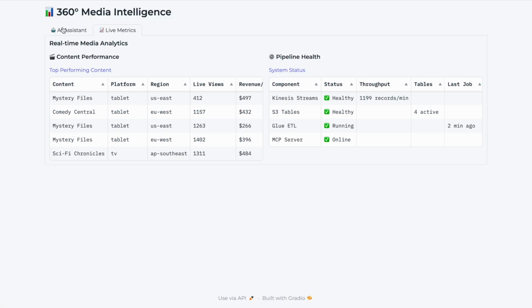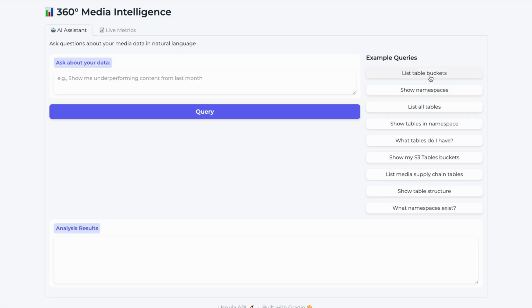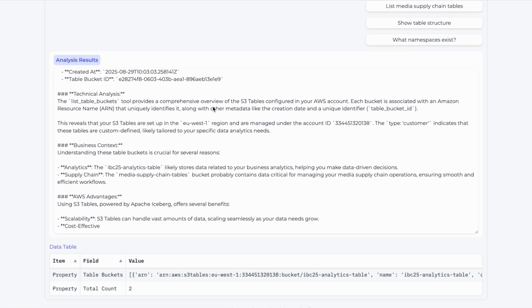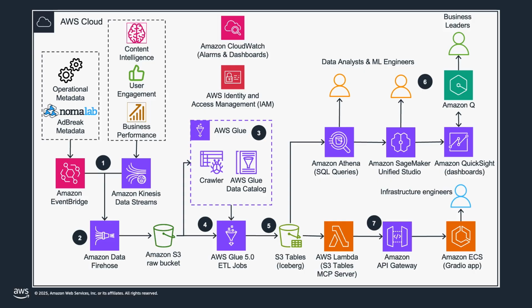Finally, through a conversational interface, infrastructure teams can audit and optimize S3 table configuration using S3 table MCP server, ensuring performance and cost efficiency. A complete solution that transforms data into actionable insights, enabling fact-based business decision rather than